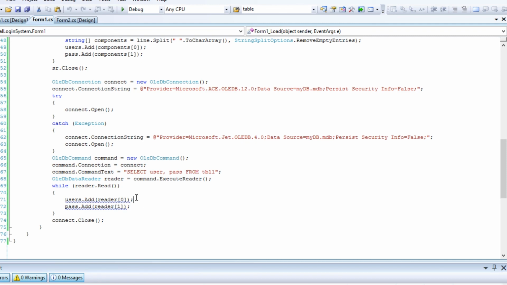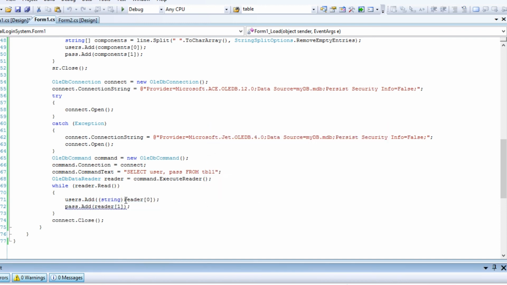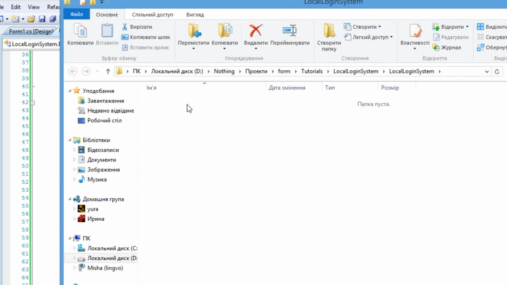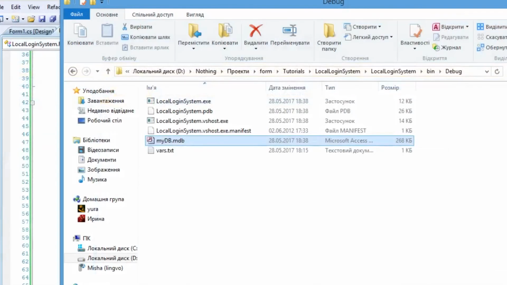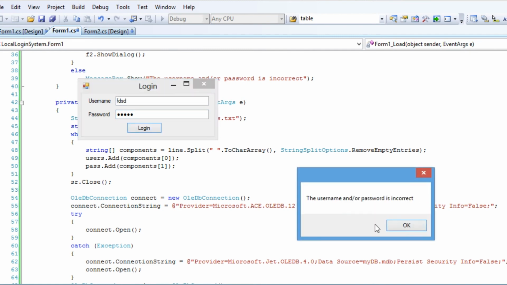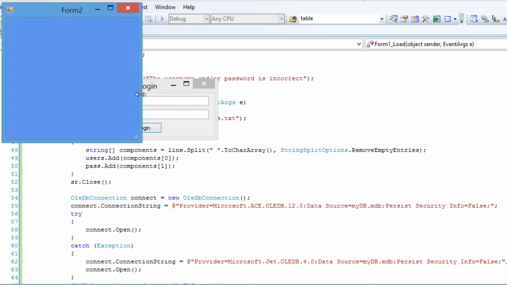Since those are lists of strings, we should convert cell values to strings. Everything works.